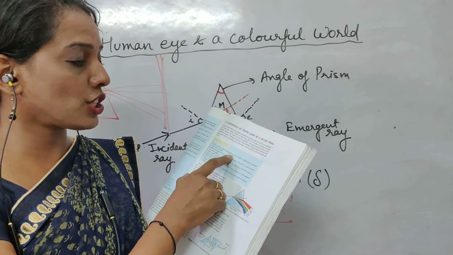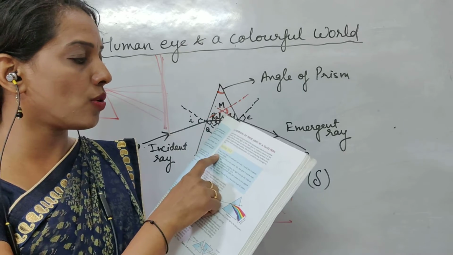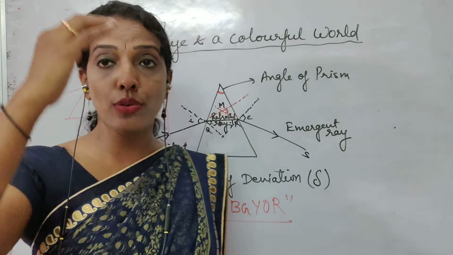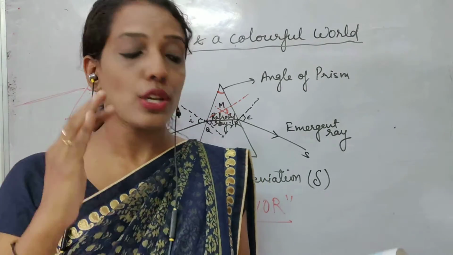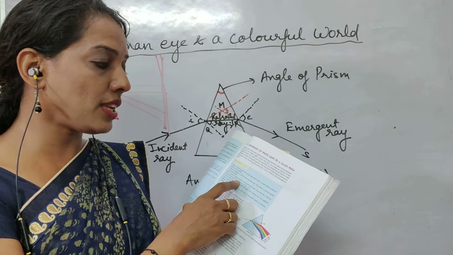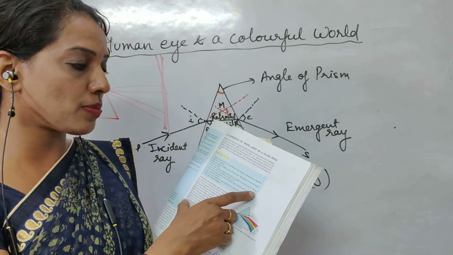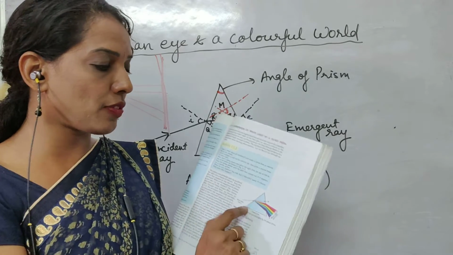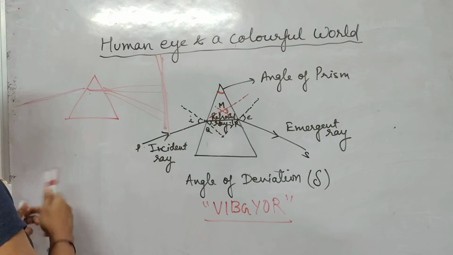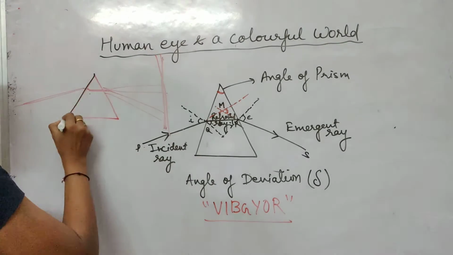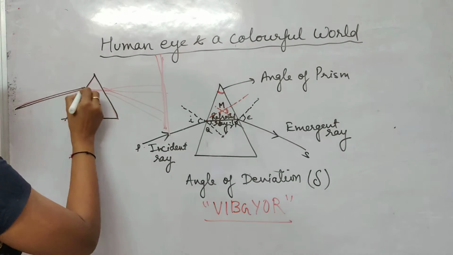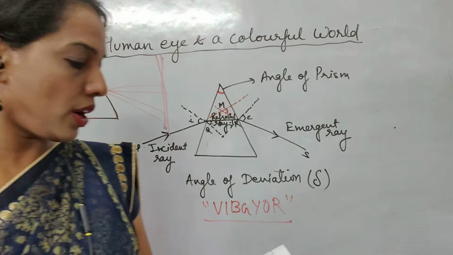Take a thick sheet of cardboard and make a small hole or a narrow slit in its middle. Then we have to allow the sunlight to come through that slit. This gives a narrow beam of white light. Now take a glass prism and allow the light from the slit to fall on one of the glass surfaces. As the light falls there, what will happen?